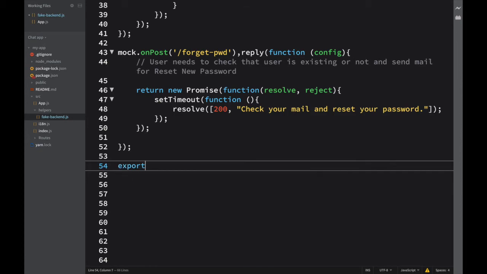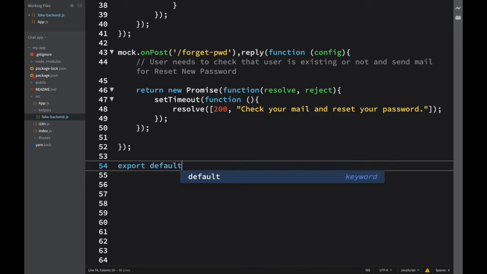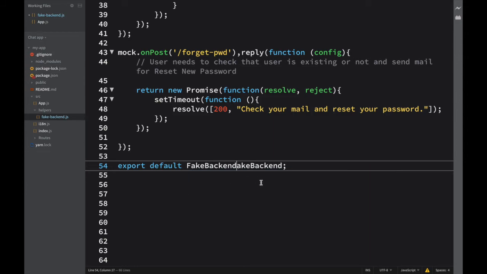So for that, you need to write here export, and then default, and then just write fake backend, by the name of fake backend. I am using this fake backend function, because we are going to use this function in our app.